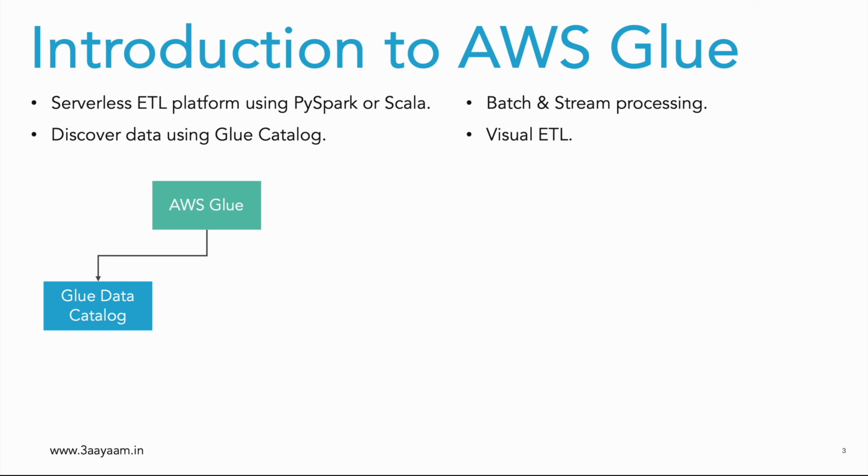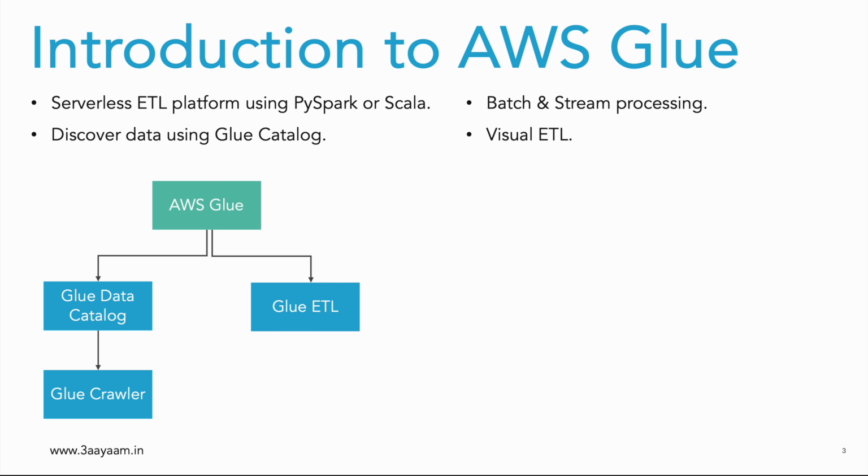The very first component is the AWS Glue Data Catalog, which also provides the AWS Glue crawler. There's something called AWS Glue crawler, which I'll talk about in the next slide itself. Then we have Glue ETL, using which we run PySpark or Scala code to do the transformation from the source systems and then write it to the target system. And for orchestration, we can use Glue triggers and Glue workflows, which again I'll discuss at the end of this